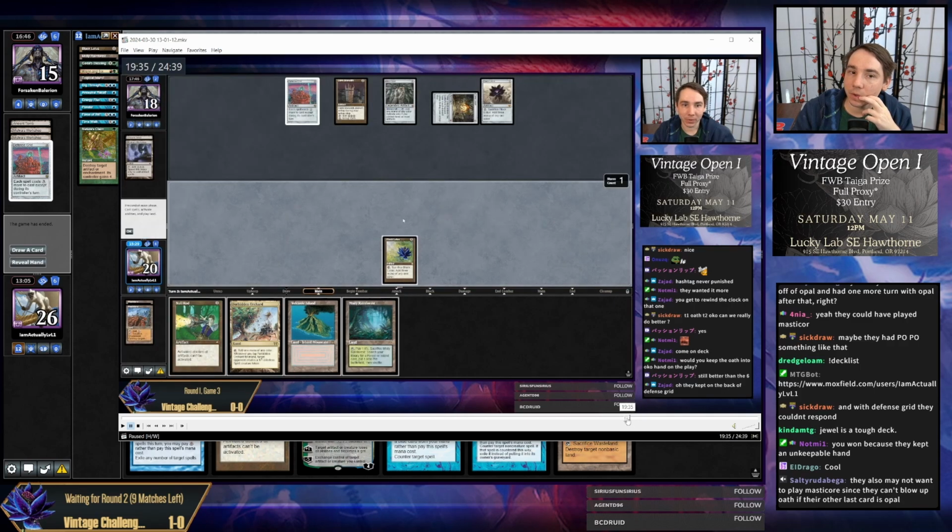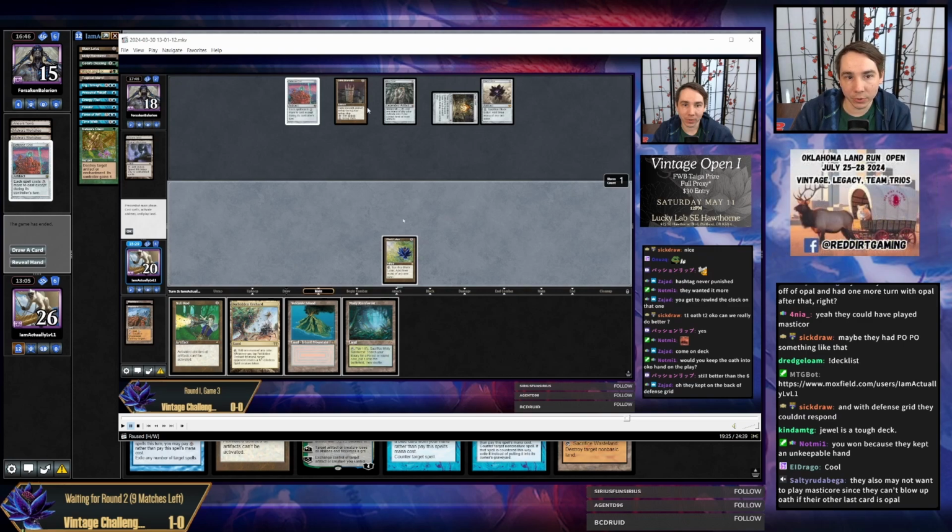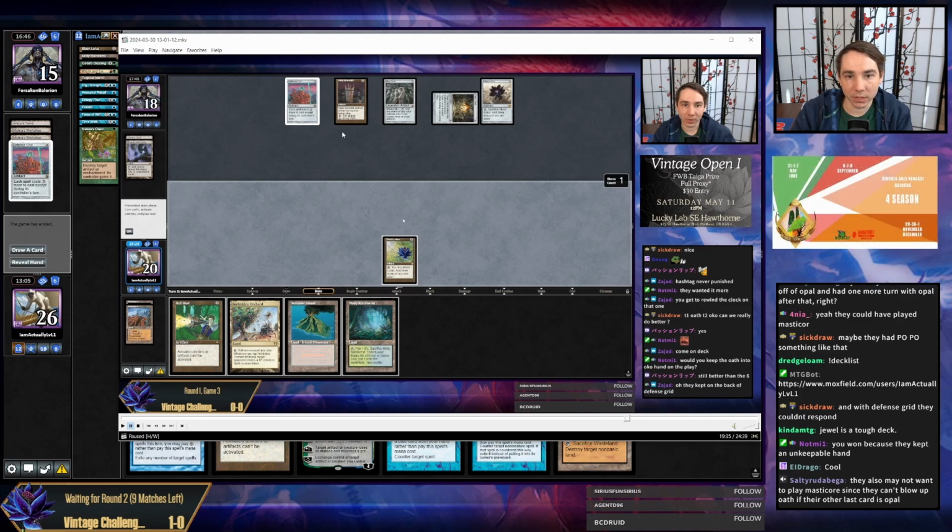Well, maybe they had a Time Vault. Yeah, I don't know. You can just do so much better from Jewel. I mulligan to a turn 1 for call. I don't think that keeping a turn 1 Defense Grid is the end of the world. It's a counter bait. But you still need to have a payoff after the Defense Grid, and I don't think Masticore counts as a payoff. So I'd probably mulligan, but...